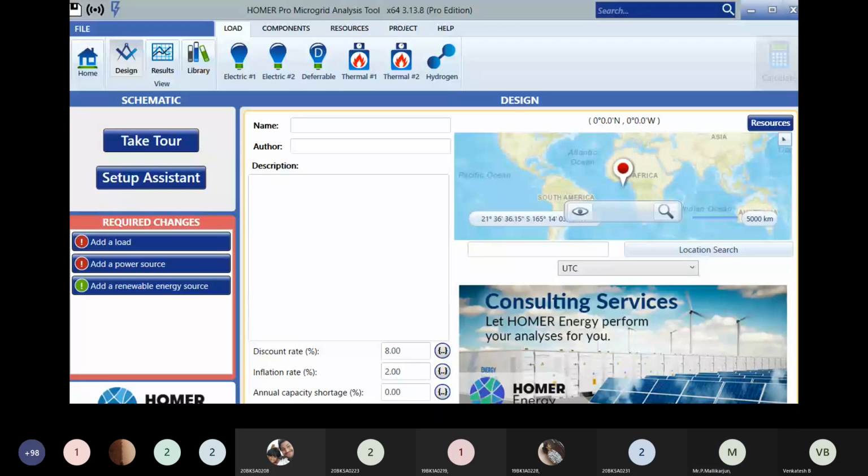In that same menu, on the right side, the load is there. We are seeing only the displaying contents like electric 1, electric 2, deferrable, thermal 1, thermal 2, hydrogen. We are going to see only the design page, name, author, description.